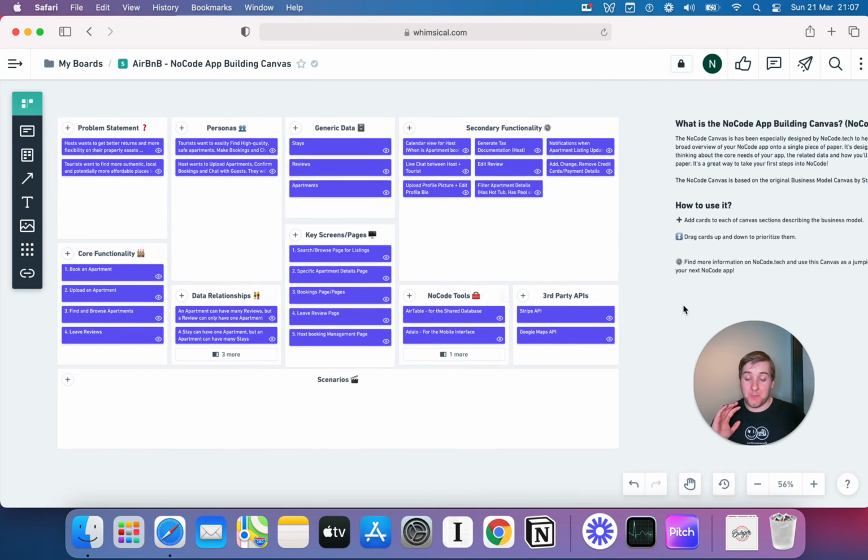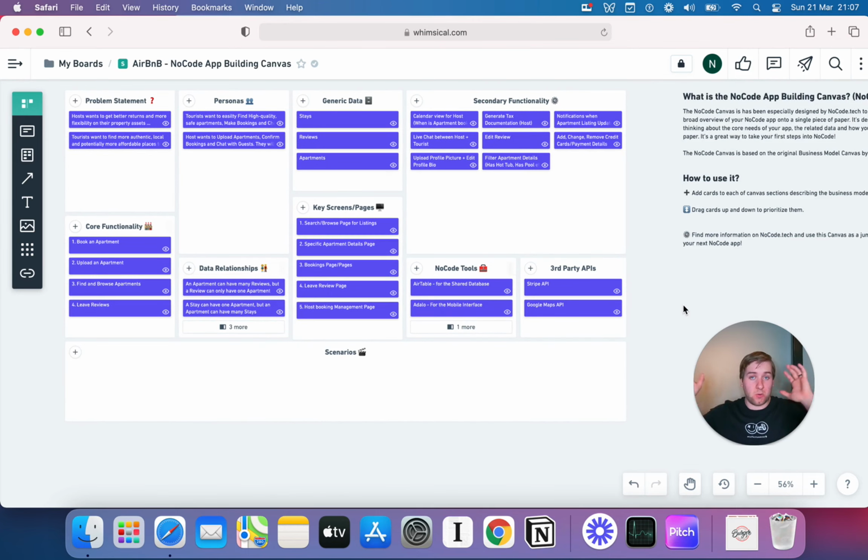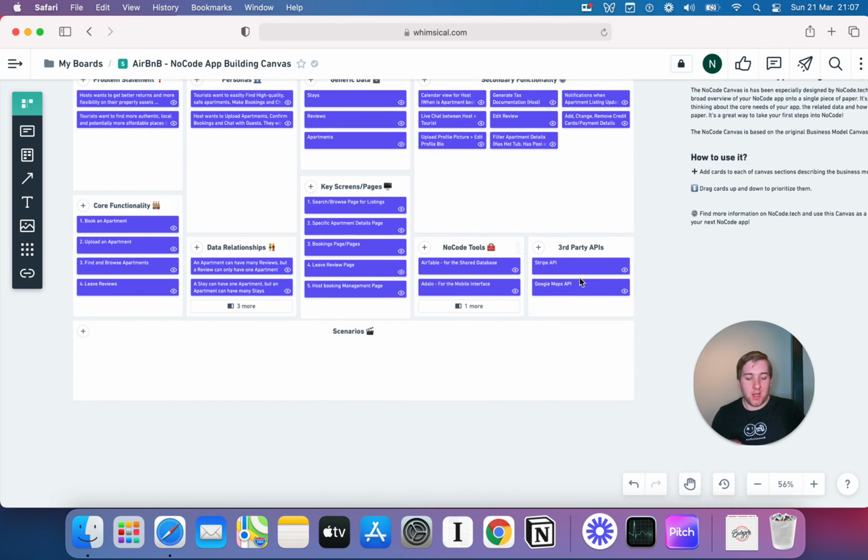Because remember, this is really a way of turning all those ideas in your head into a plan that you can think about and attack. So we've got our third-party APIs. You could have more in there. You could say, I don't know, we need an API for, oh, here's a good one, we need an API for background